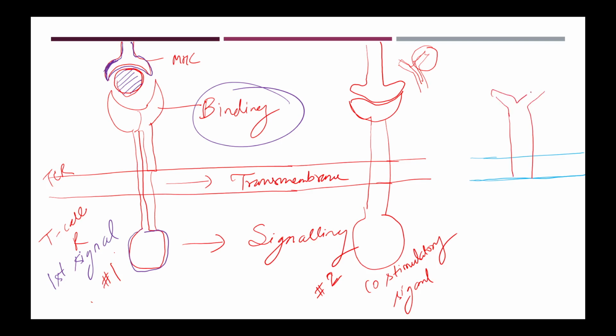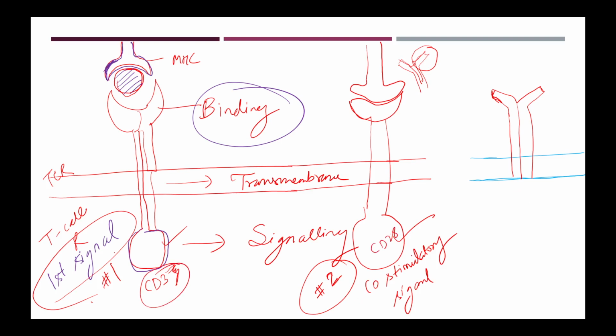particular antibody, so that the recognition process will be easier. It will directly bind to the antigen. Okay, and then to combine the first signal and the second signal, they have fused this signaling molecule and this signaling molecule. So this is CD3 zeta and this one is CD28. Okay, so they have fused these two and